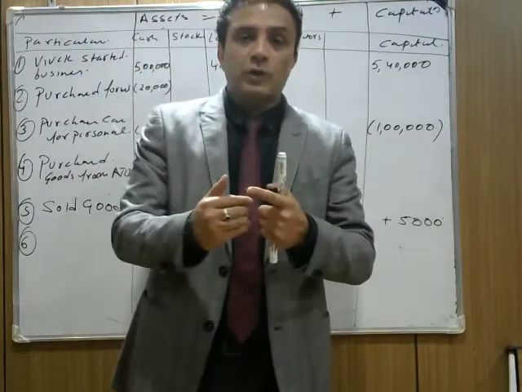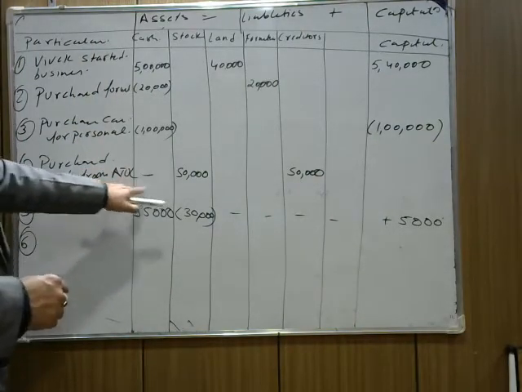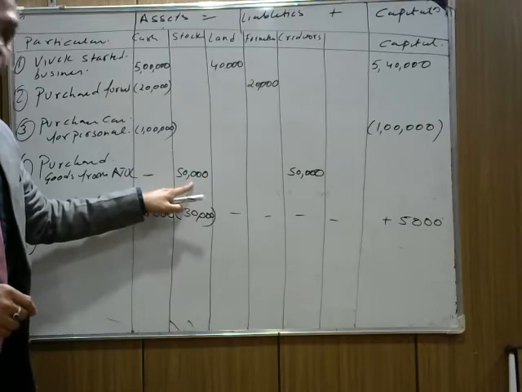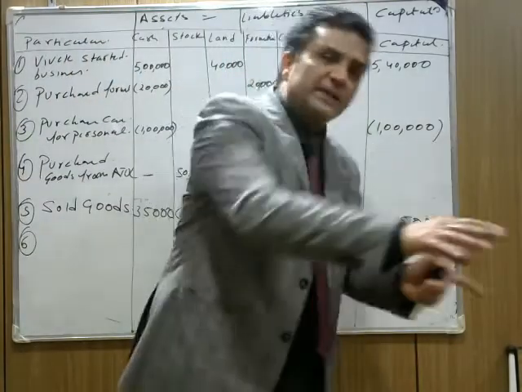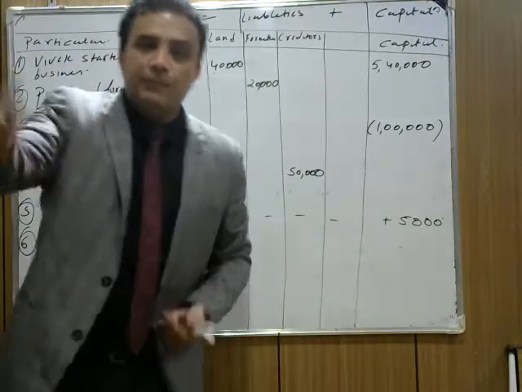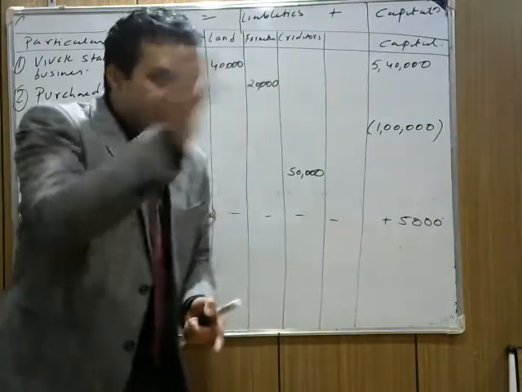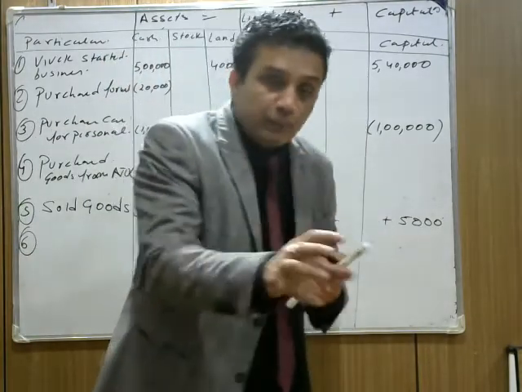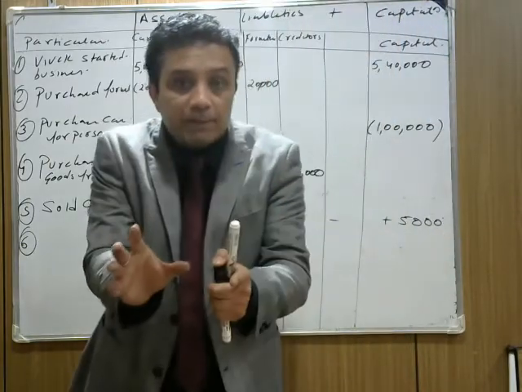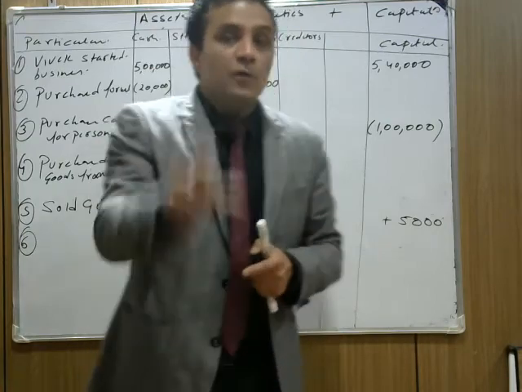You have to pay Atul 50,000 because the goods you purchased from Atul are worth 50,000. But how much are you paying? You are paying 48,000. Atul says pay early. If you pay early, you have to pay only 48,000, not the full 50,000. So Atul is giving us a 2,000 rupee discount. It's an income for us. It's a benefit for us. We had to pay Atul 50,000, but actually we are paying only 48,000.